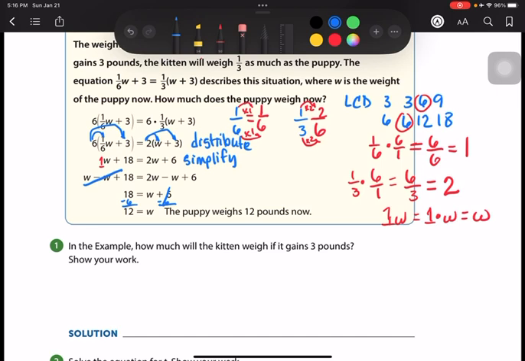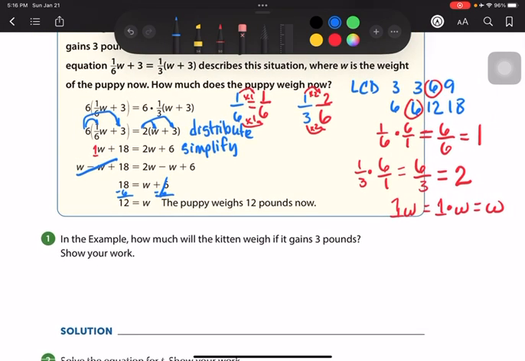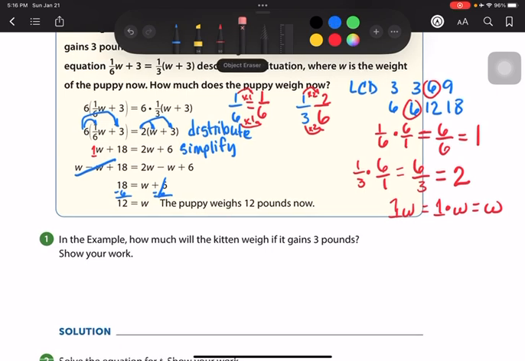All right, so in the example, it says, how much will the kitten weigh if it gains 3 pounds? So first of all, you have to know the weight of the kitten. The weight of the kitten is 1/6 times